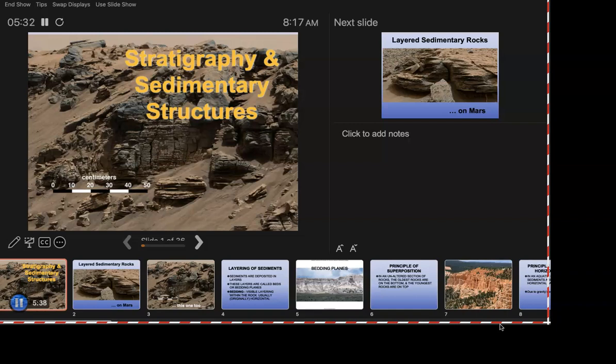So there's actually a study of that, what we just discussed, and it's called stratigraphy and sedimentation or sedimentary structures. But stratigraphy in particular, strata is layers. Stratus clouds, you might have heard of those. But strata means layers. So it's talking about the rock layers. So when we come across something like this,